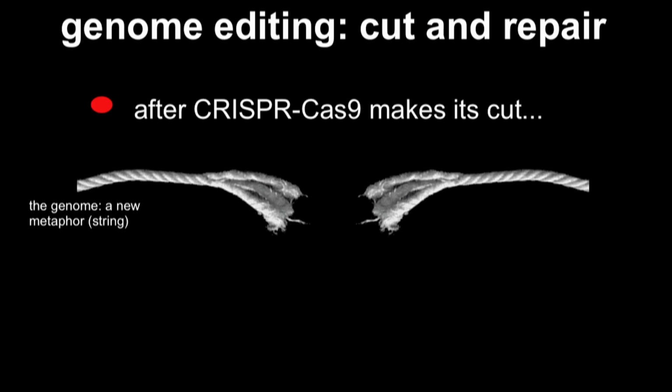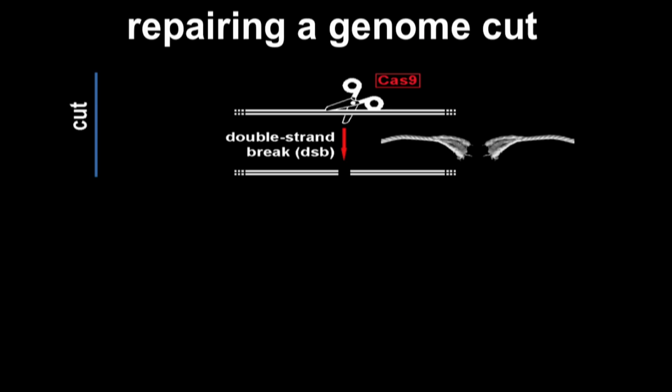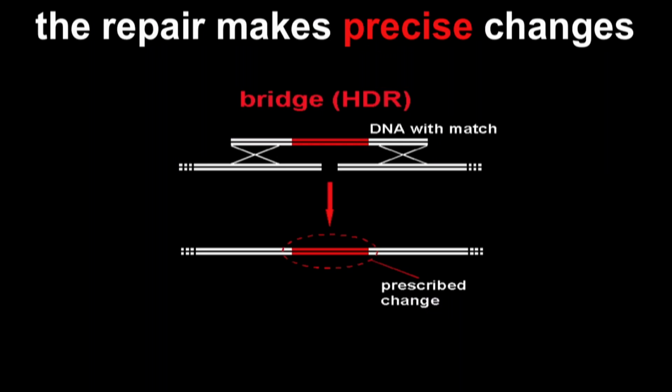So now the CRISPR-Cas9 has made a cut in the genome. We're switching similes here. So now, like a piece of string, we've made a targeted cut exactly where we want it to be. But actually, cuts like this, breaks in the genome, can occur from time to time naturally, and they are very bad news, and they have to be repaired by the cell, and very rapidly, so that if we look at how that happens, in our case, we've made the break using CRISPR-Cas9, targeted to a particular place.